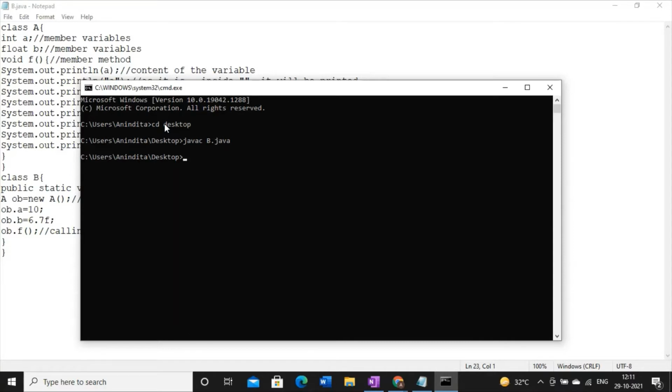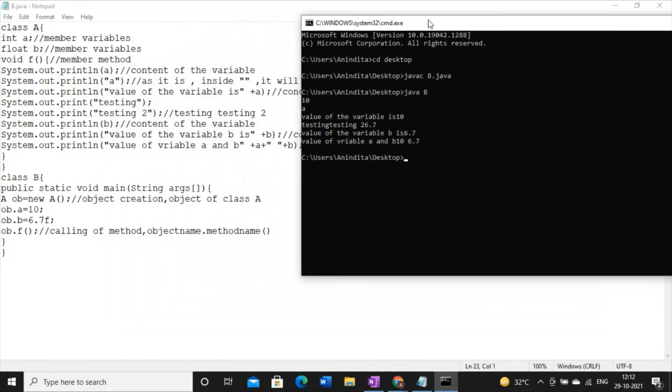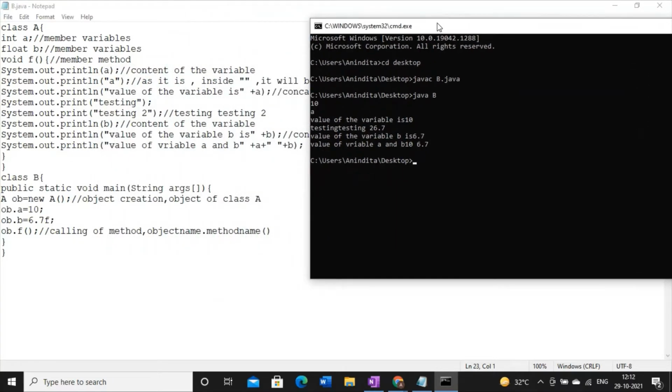After compilation, we have to run the Java code. How to run the Java code? Just write the keyword java, space, only the file name. Do not use the extension .java while executing the Java code. So just write the java keyword and the name of the file. Enter.